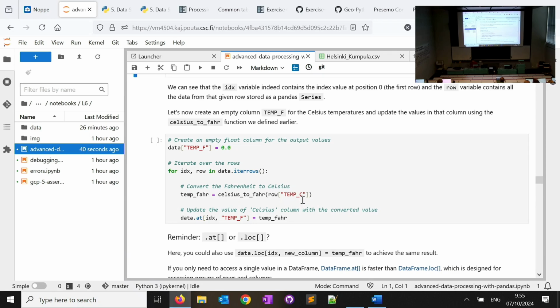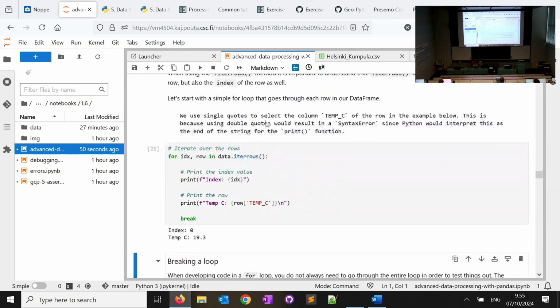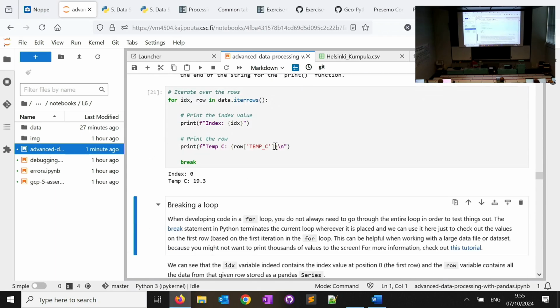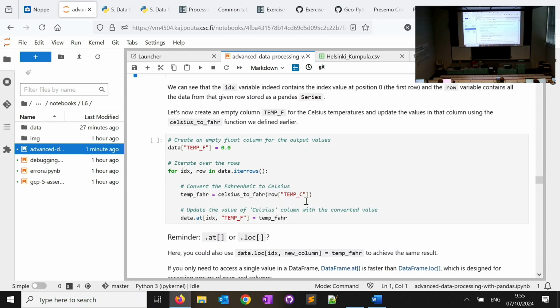What I'm providing as input is the column. Imagine what you're getting in row is one row of the data at a time, and from that row you're accessing the column temp_C. Then you're using your function, the one that you defined up somewhere here, to do the calculation. It returns a value that you're storing in temp_Fahrenheit.